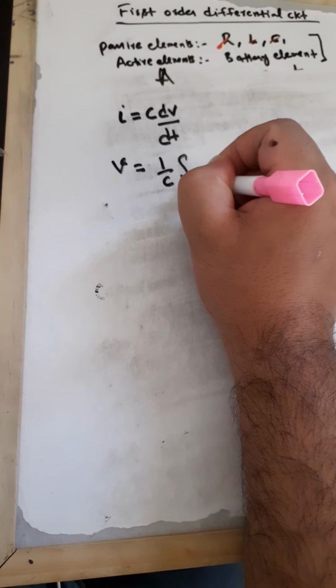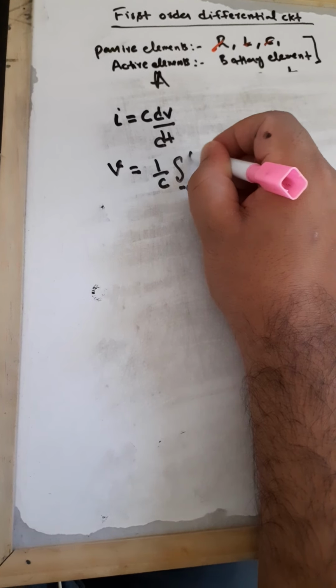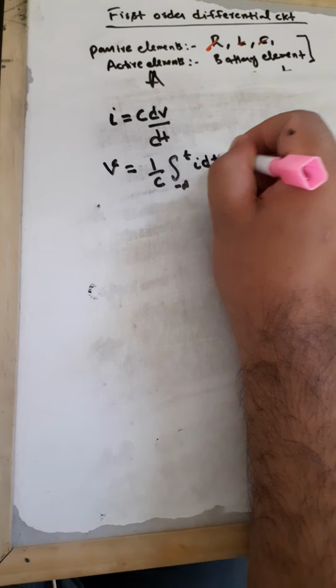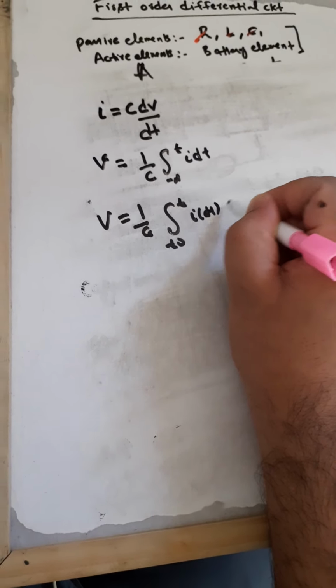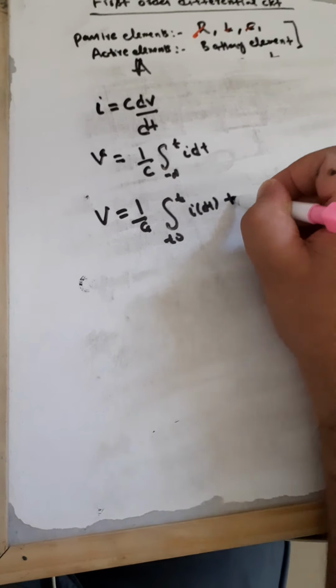Of course we have seen this from the previous equation. Now you can also write voltage is equal to 1 by C integral from minus infinity to t of I dt. From the same equation we have integrated the inverse, and so I arrived at this equation. In other words, I can write 1 by C integral over the interval t naught to t of I dt plus V of t naught. What is this V of t naught? In a capacitor this constant is called the initial charge stored.